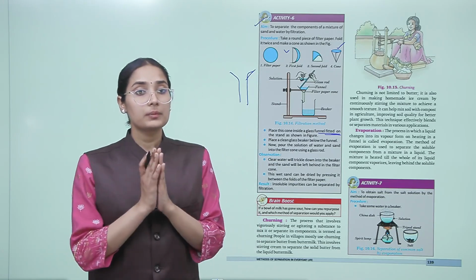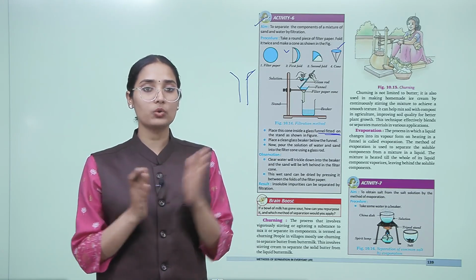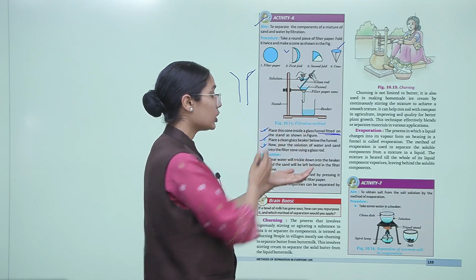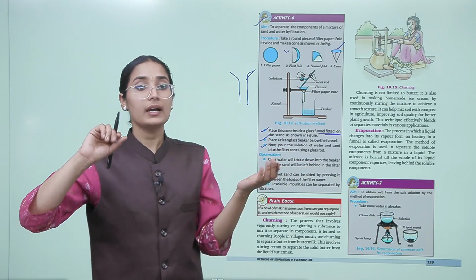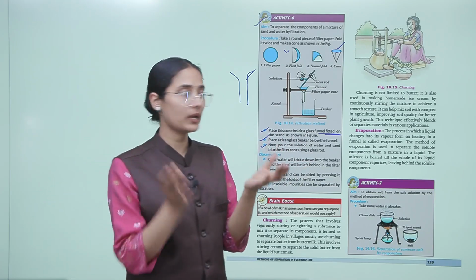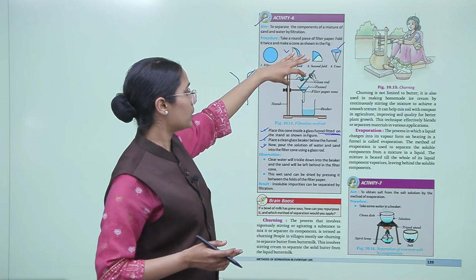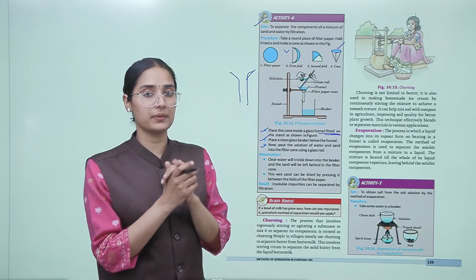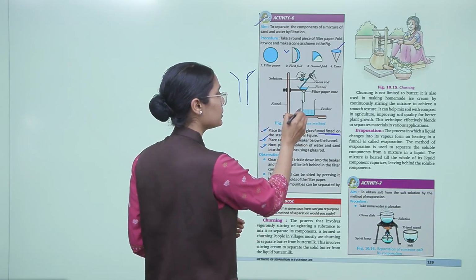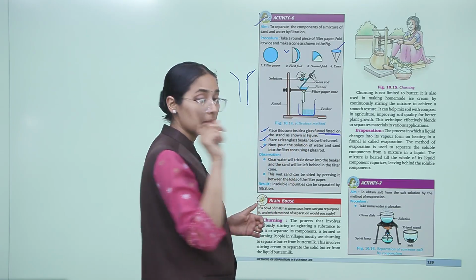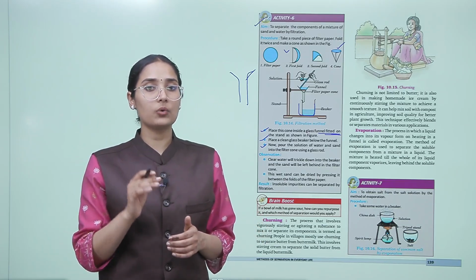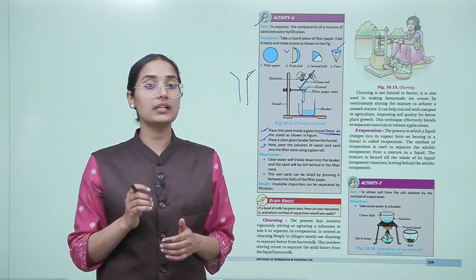Now place a clean glass beaker below the funnel to collect the separated liquid. Now pour the solution of water and sand into the filter cone using a glass rod. Whatever mixture you have, pour that into the funnel having the filter paper, and then slowly you will see that the beaker is filling with some liquid, the water. Now clear water will trickle down into the beaker and the sand will be left behind in the